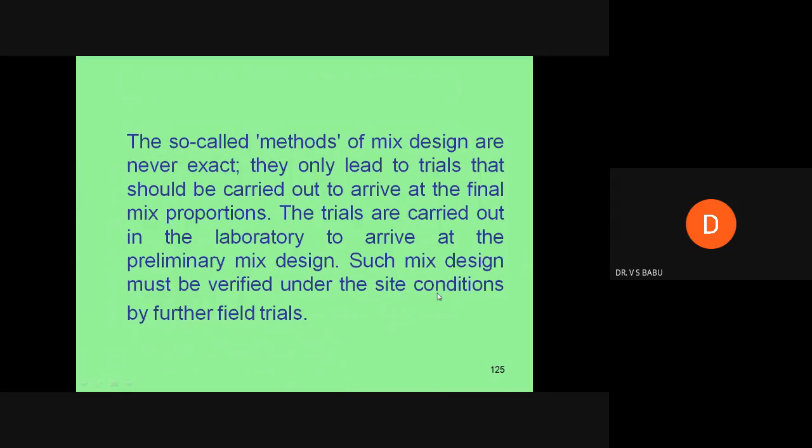So in that situation, you have to cast cubes in such a way that whatever site conditions are applied on the slab, the same conditions are applied on the actual cubes you have cast. Once you have tested those cubes, that means 3 cubes tested at 28 days, 3 cubes at 7 days, and 3 cubes at 56 days, those are the actual results. That actual result should be more than the expected grade of the concrete.